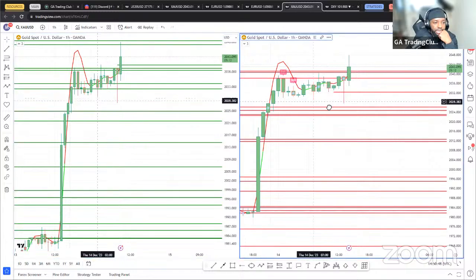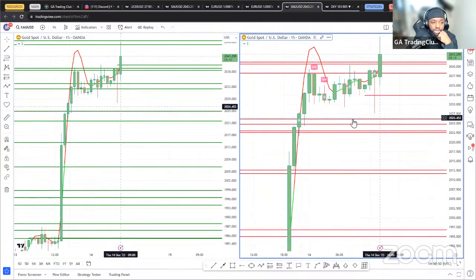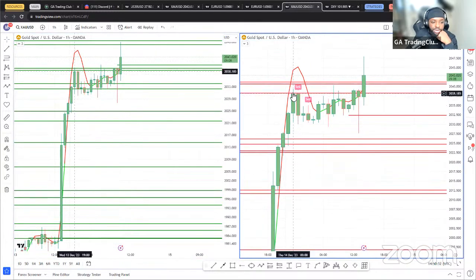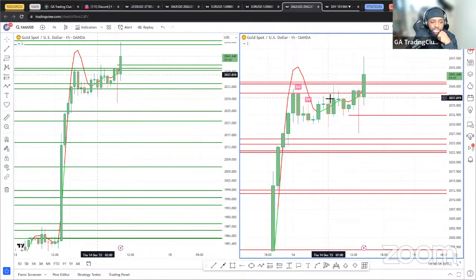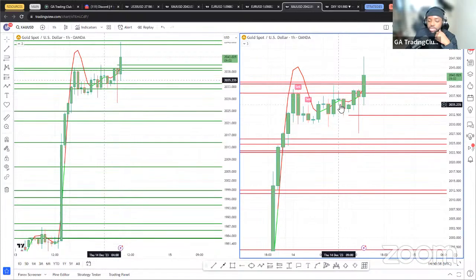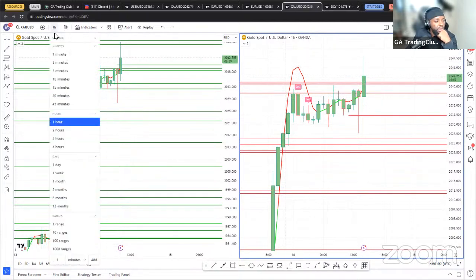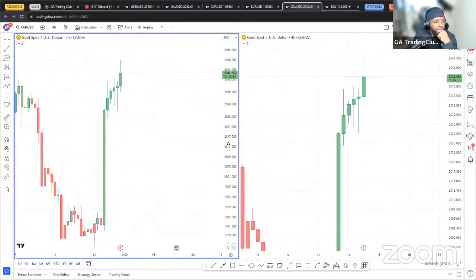For the sell, this is a valid gold sell, momentum sell, but volume already tapped into that. So this sell has already been used up at 2038. So there's no need to mark that as a sell.